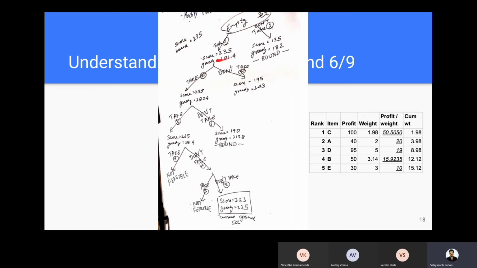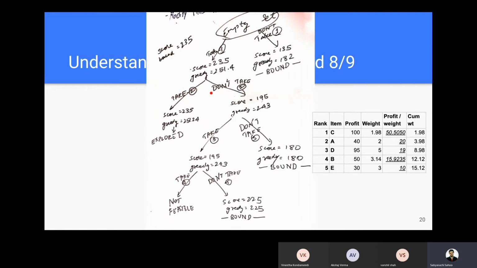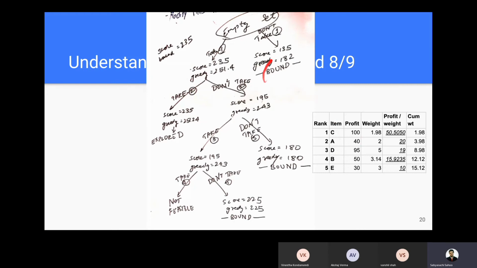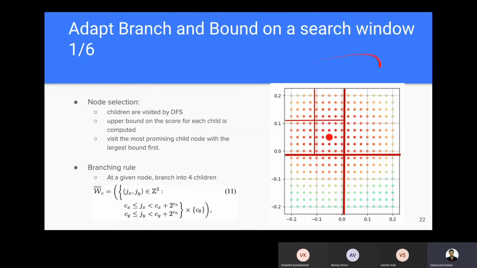But sometimes, like we'll see in the case of cartographer, you may not be able to calculate a score at that point. All we could calculate is the upper bound, and only when we reach a leaf node can we calculate that score. So only at that point can we start applying these kinds of bounds or prune away some parts of the partition that we would like to search. Okay,